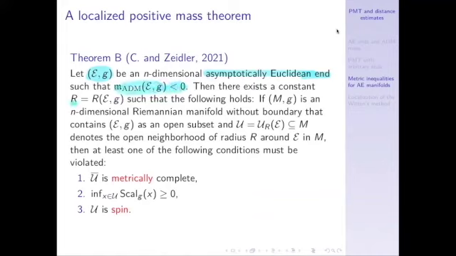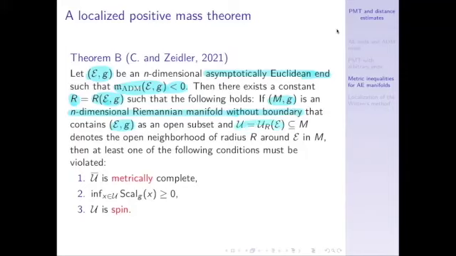Then there exists a constant depending only on the geometry of the asymptotically Euclidean end E, such that the following holds. So if M is any n-dimensional Riemannian manifold without boundary that contains E as an open subset, and suppose